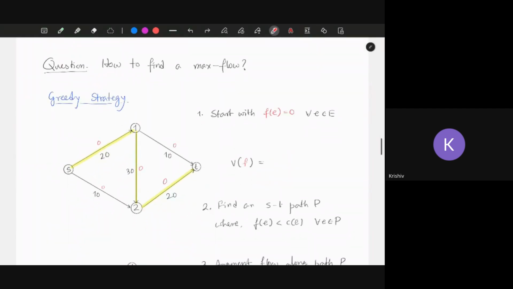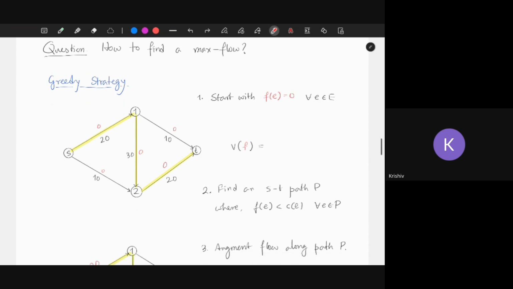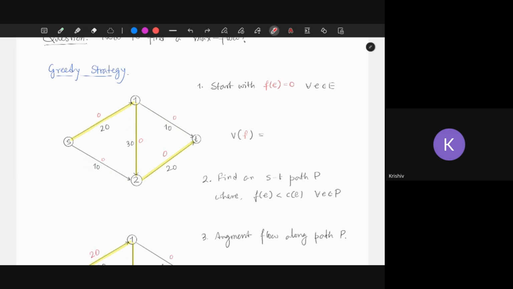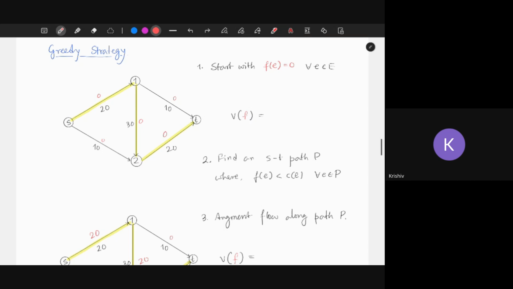now how to find it. One of the strategies, an algorithm you probably have seen, is the greedy strategy. I optimize at each step. So here I start with zero flow, so on every edge I put zero. We have capacities, say this is 20, 10, here it's 30, here it's 10. I start with a zero flow, and then I will add some flow values. So here the flow is zero,